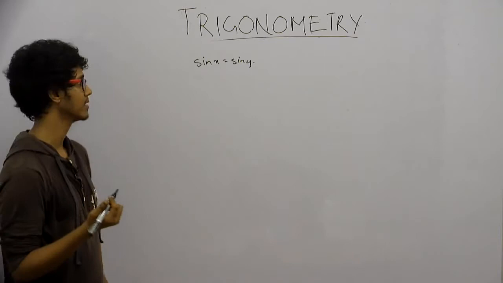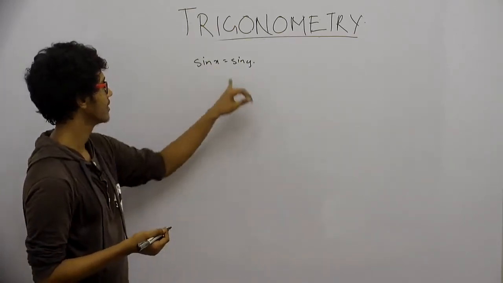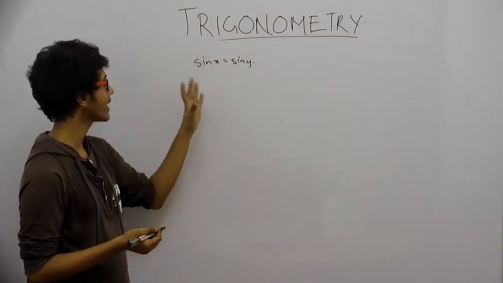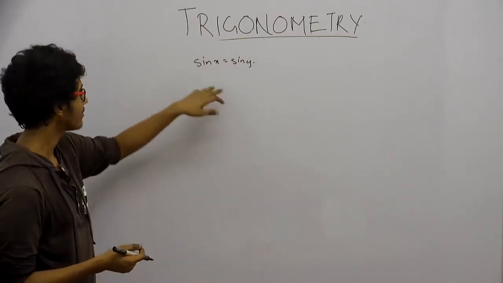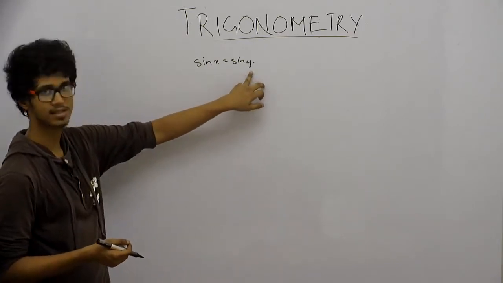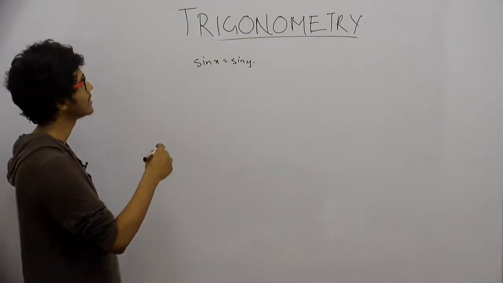Usually we would say that x is equal to y, but you know, y can be in the second quadrant, x can be in the first, and they would still be equal. Y can be in the first quadrant, but it can be 360 degrees greater, that is 2 pi plus, and it can still be equal. So how do we generalize this?